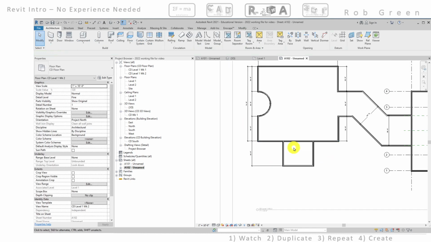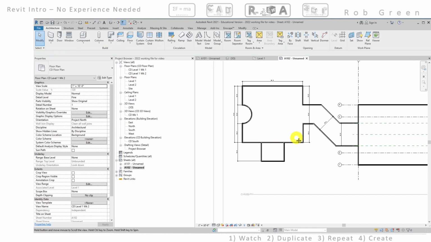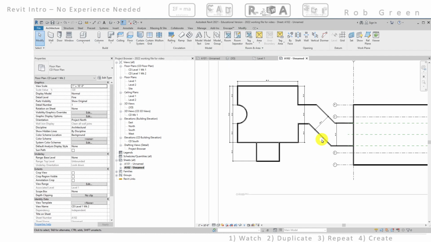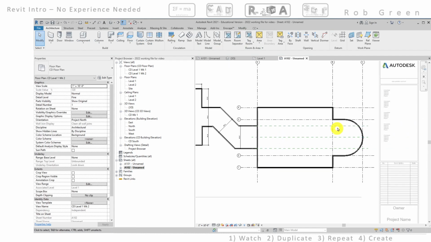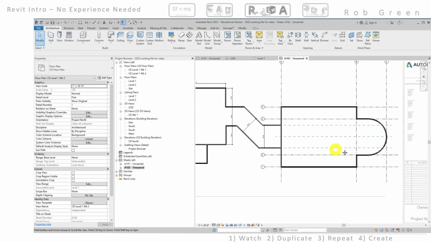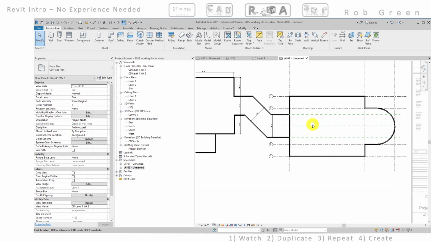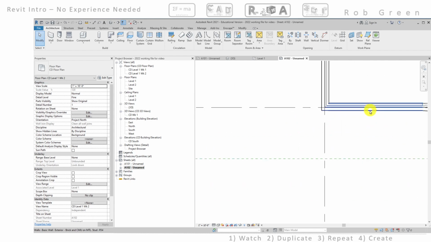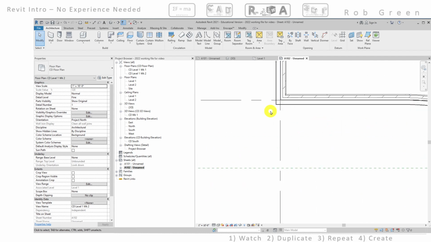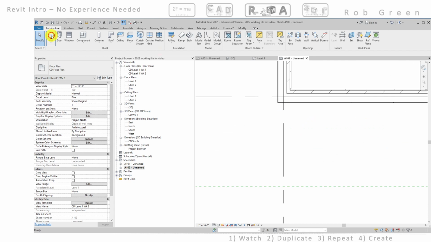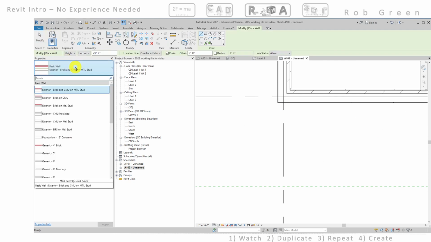Yeah, I think that's all we're going to do here. And then we are going to move, I think, over and put in some CMU walls. So let's take a look at that, and we'll make some progress here. I've got a couple minutes left on the video, so let's go ahead and do these CMU walls. So I'm going to zoom in on this upper right-hand corner and use my wall command, come get this